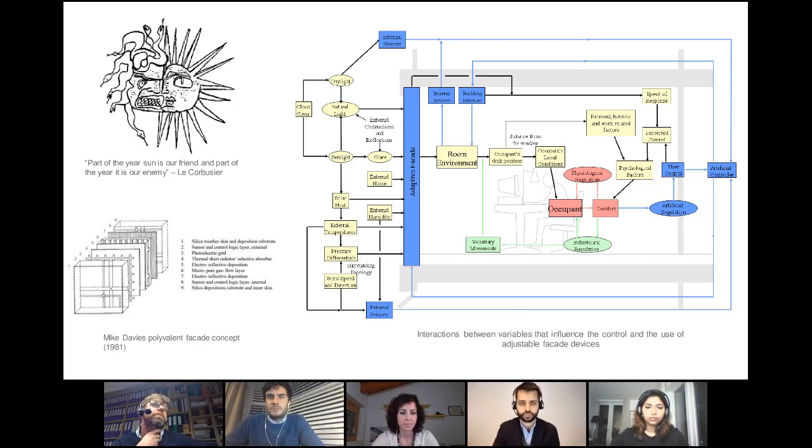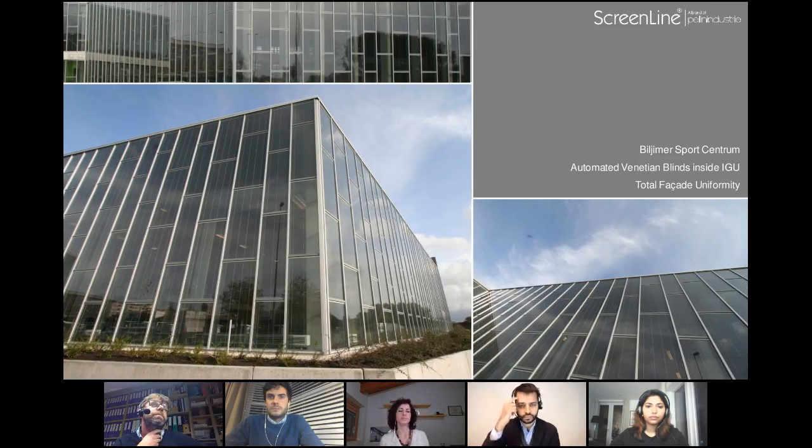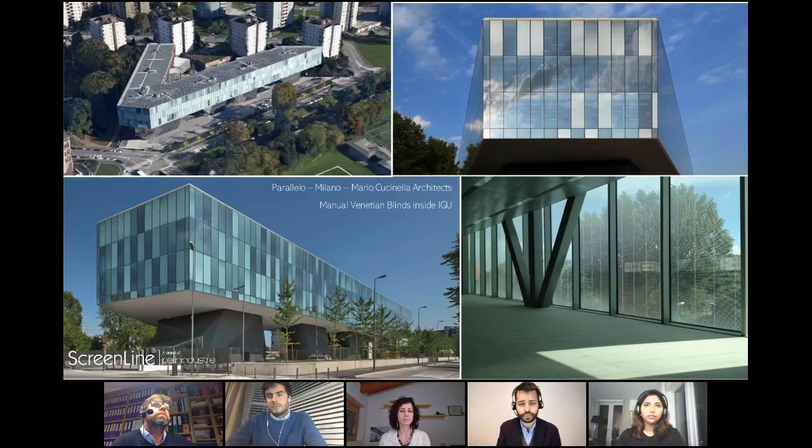I can show you some pictures of projects that express this. This, for example, is a typical automated facade. FYI, just for people to understand what they are looking at, these are micro blinds inside an IGU. They are lower than horizontal, so you see very well through, and they are all open. It creates a uniformity of facade, which might be pleasant for designers, and probably also for the people living in this building, because this is a sports center. But this approach is not necessarily a good approach for other kinds of projects. Same facade solution, but different